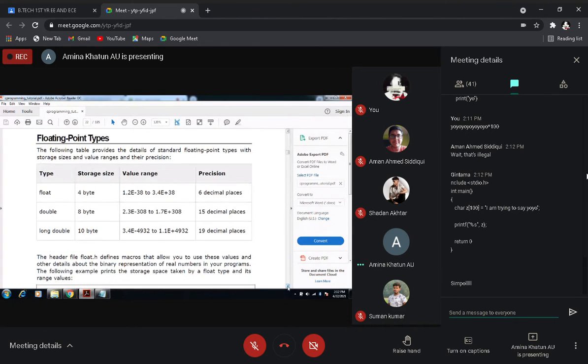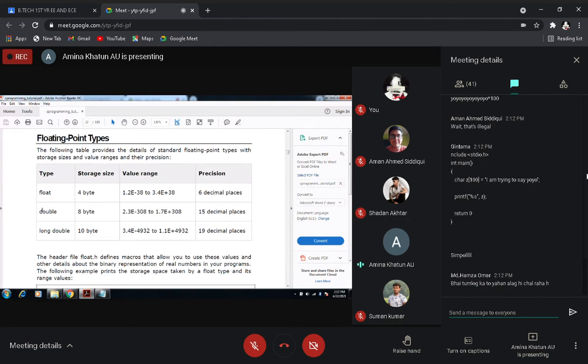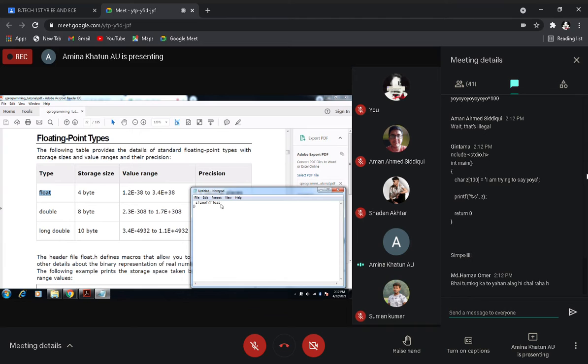Okay, so next is floating point types. Within floating point types we have these types: float, double, and long double. So what is the size of these data types? Float value means a decimal point value. Suppose you have put 12.5, this is a float value.